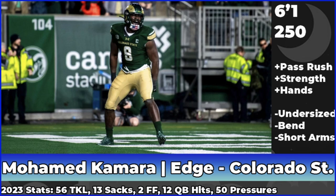Because like I said, he doesn't have the best bend in the world by any means, and he is undersized, so it's going to be hard. But I also think he can move. He could be a 3-4 D end as well, like Ruke Orhorhoro. Jesus, I'm going to butcher that name every time I say it. I'm sorry. But like Ruke, I think he can move to the 3-4 D end spot,